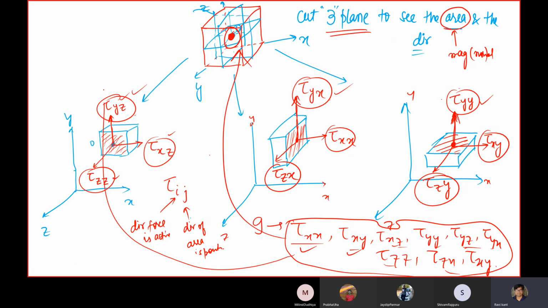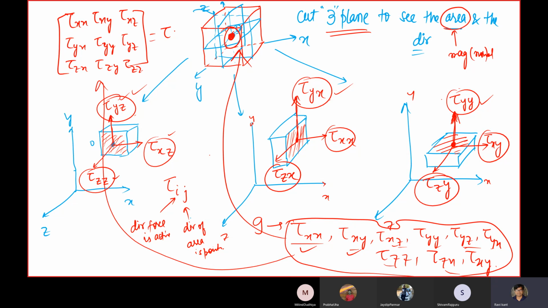So this thing can be clubbed and written into the matrix form: tau xx, tau xy, tau xz, tau yx, tau yy, tau yz, tau zx, tau zy, tau zz. It can also be written as tau i j. And this is how the second order tensor is generally written